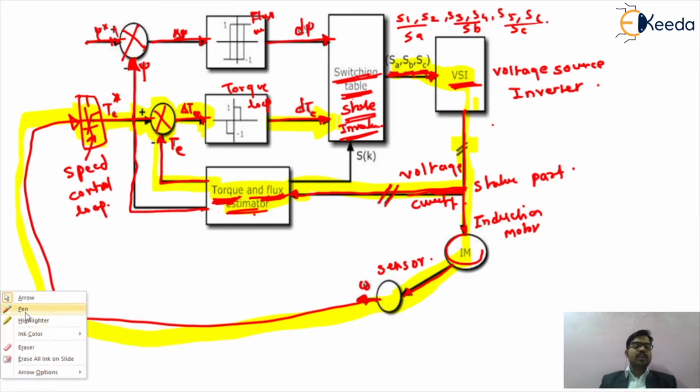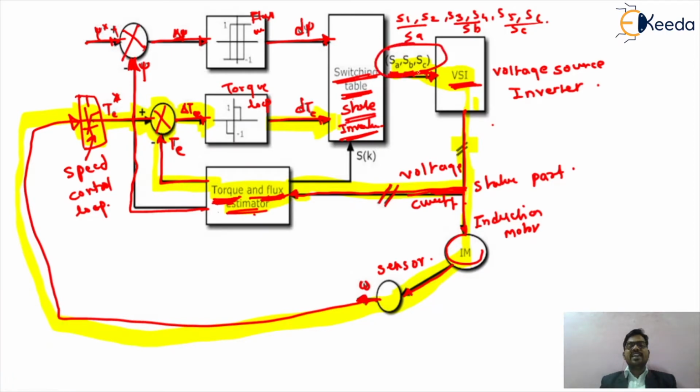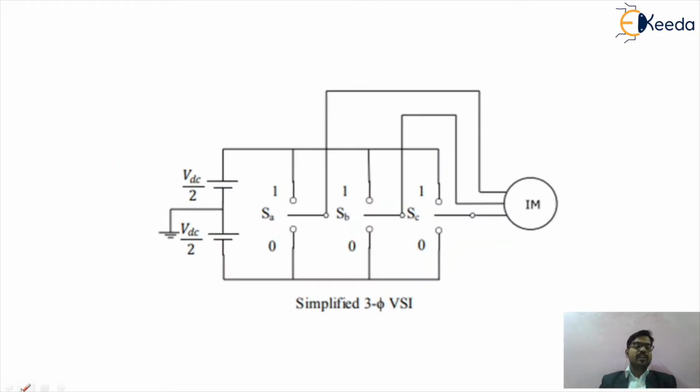So I can show you here. These are the switches which we call SA, SB and SC. Now I can show you what I mean by SA, SB and SC using these different switches. So friends, as shown in the figure, this is the inverter circuit of your induction motor. In the inverter circuit, we can divide the value of your voltages, because the inverter circuit converts the DC voltage supply into an AC supply voltage. So this is the DC supply, and from that DC supply we are generating the AC supply, and this AC supply is given to your three-phase induction motor.